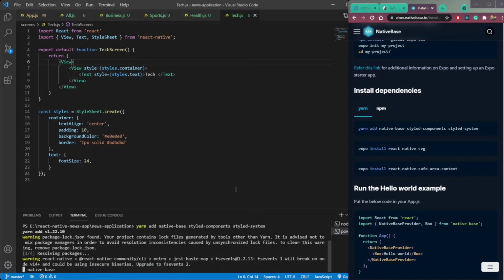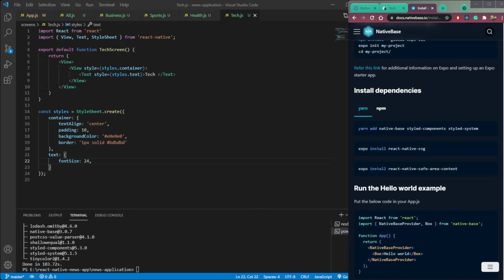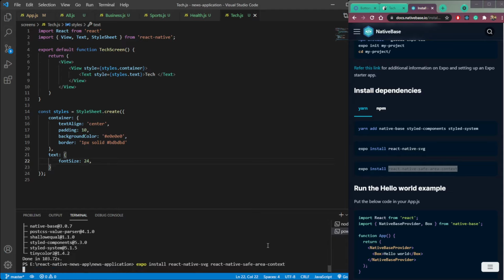Wait for it to install. We also need these two packages, so expo install react-native-svg and react-native-safe-area-context, and paste it. So let's install both of these packages also.